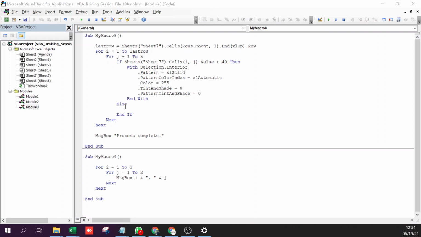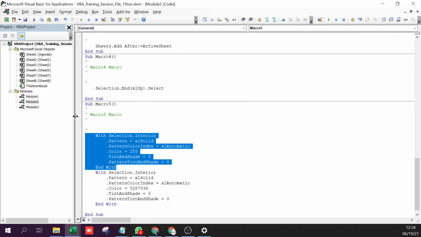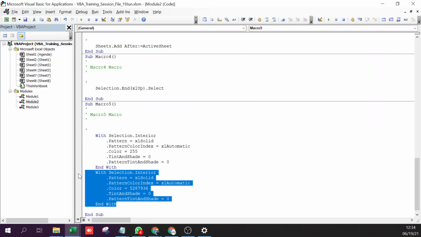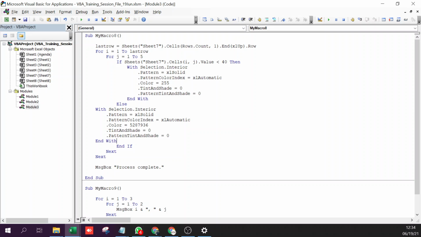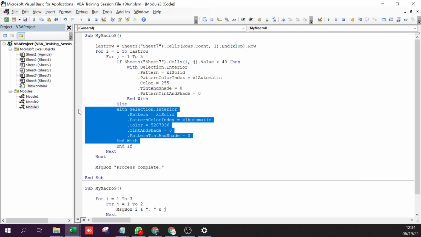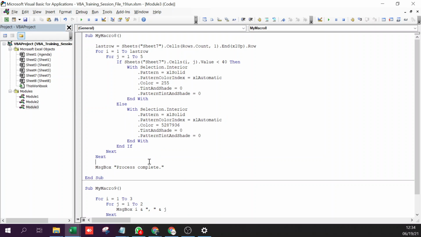Then I'll copy the green one. I will paste it here. Now will this work properly?